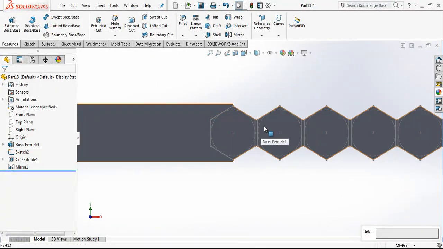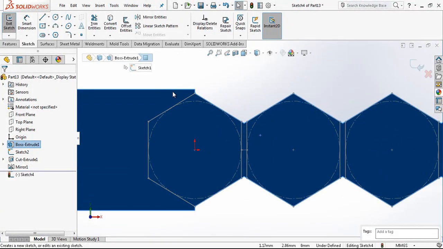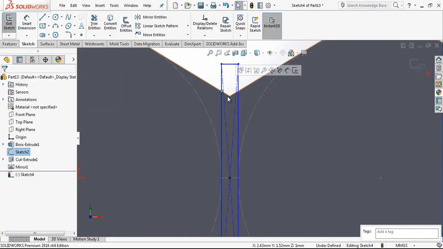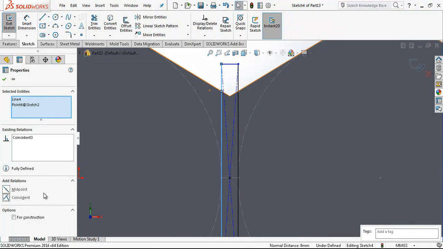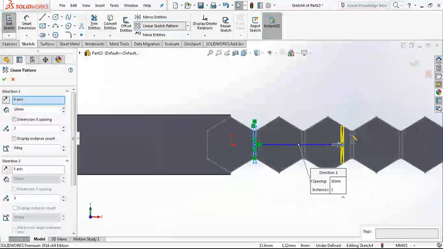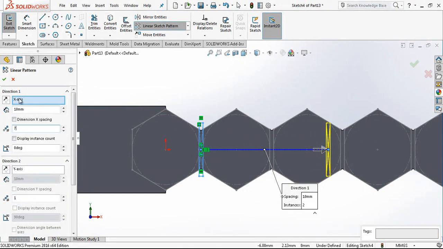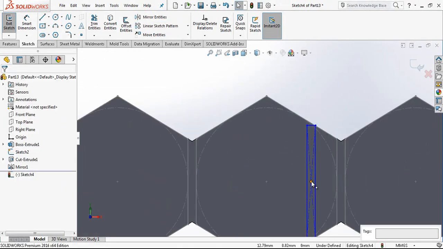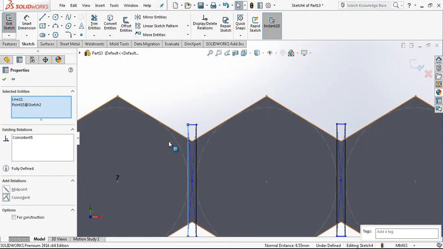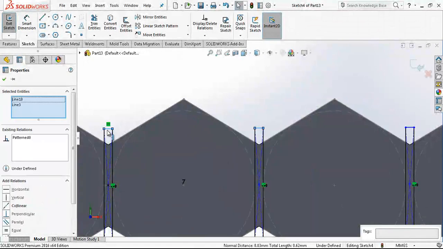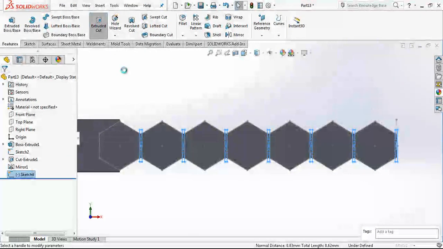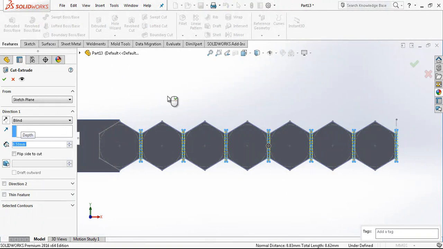and I'm going to cut gaps between two hexagon and giving with control coincident, choosing whole sketch, and again 7 times multiplying and giving coincident relationship here. We are going to cut 0.5 millimeter,